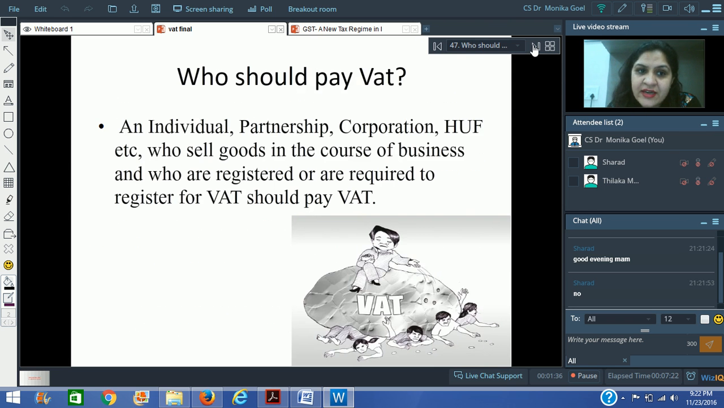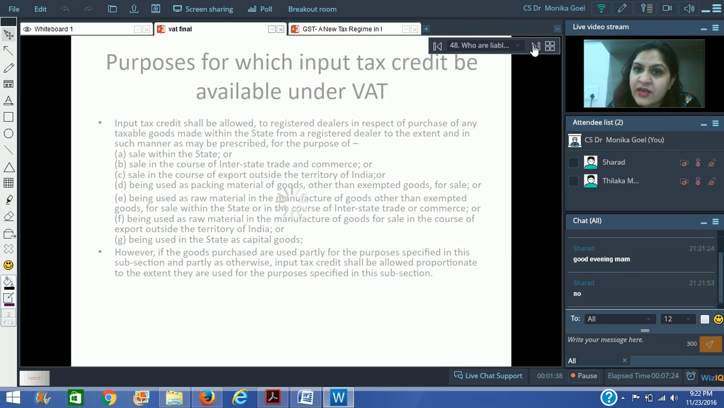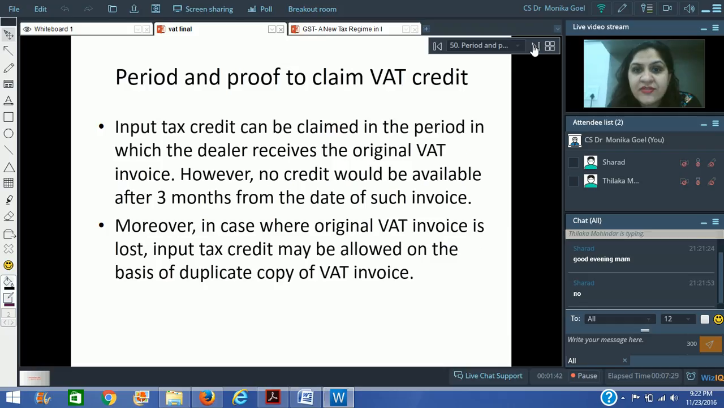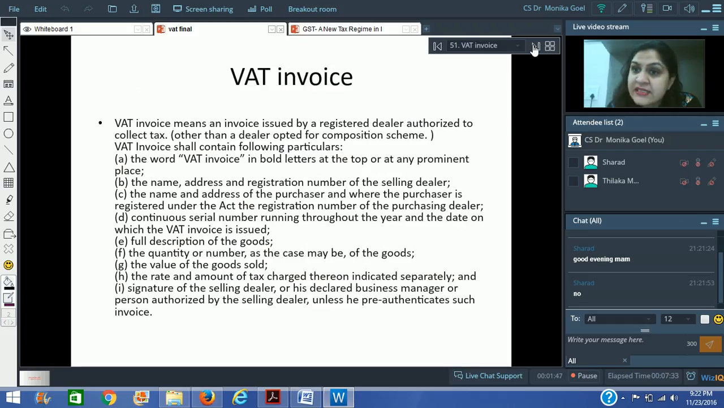We discussed the rates of VAT as well, and we discussed that all kinds of assessees are required to pay VAT if the taxable turnover is more than rupees 5 lakhs in the previous financial year. And in case they have any refund situation, then that refund